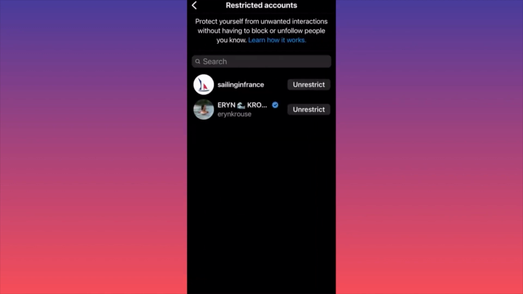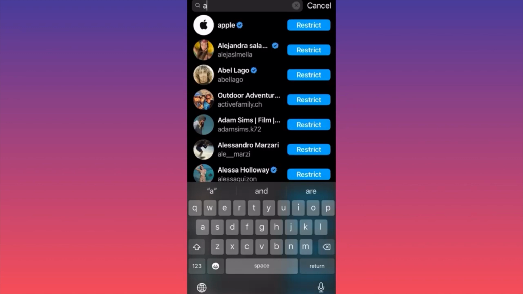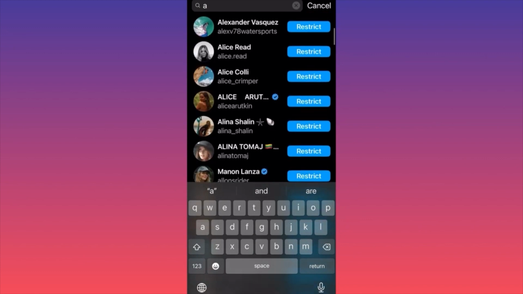Press continue. And now, if you already had a couple of accounts that are restricted, in my case over here, I will unrestrict them. And now I can look for accounts to restrict. For example, let's click A for Apple. Let's say, for example, I want to restrict all of these people. All of the people that you're seeing,